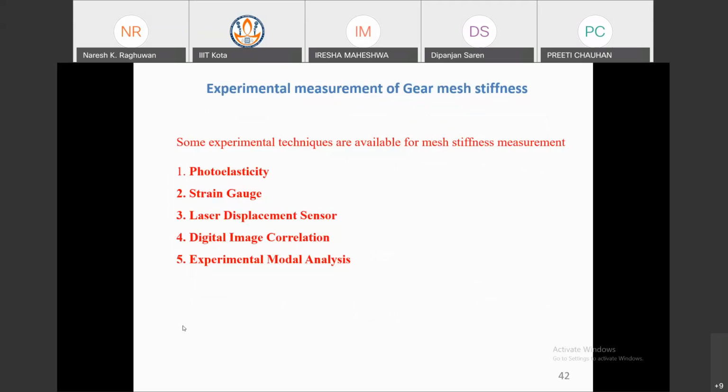Now, for the mass stiffness analytically, you see what different types of modeling and stiffness components are there. Some experimental methods are also there. You can measure this mass stiffness experimentally and put it in the dynamic model accordingly, though it is somewhat costly. By doing some experiments for calculating the gear mesh stiffness and comparing with the analytical model, you will see some differences and correlation.